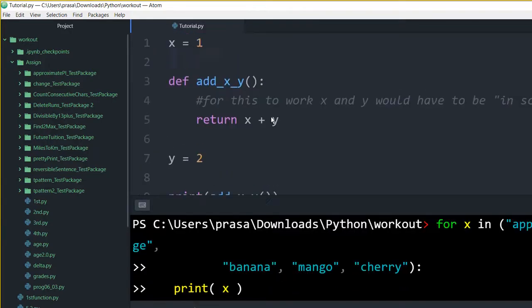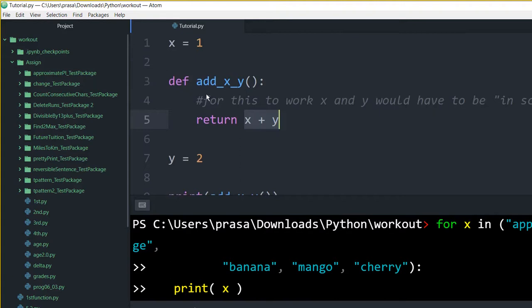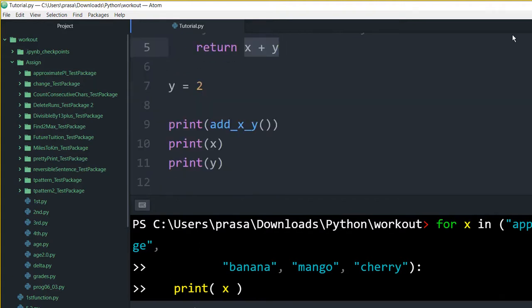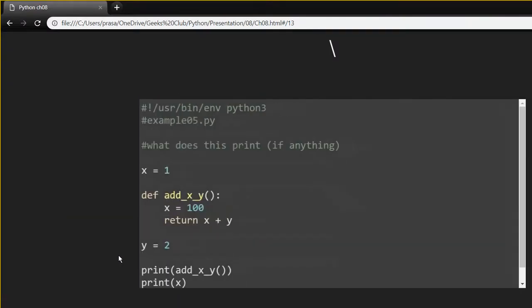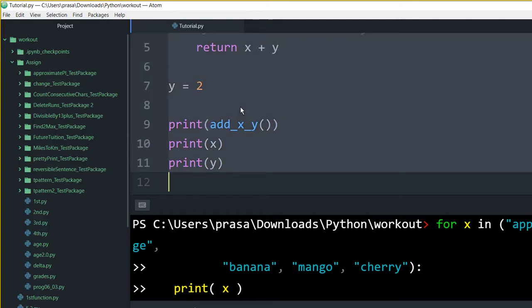So the x is not local, it is global. I'm using the global values of x and y, and it will return the value of 3. So let's see. Yeah, so I'm using x inside the function as well, and I'm redefining x as 100. So what do you think this one will print? Let's give it a try.